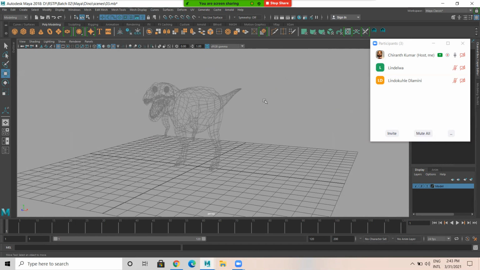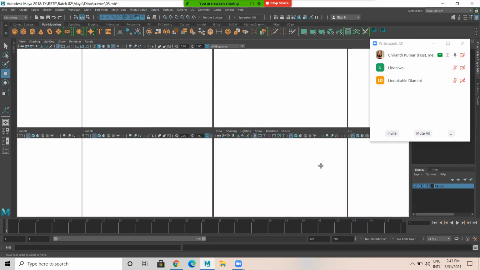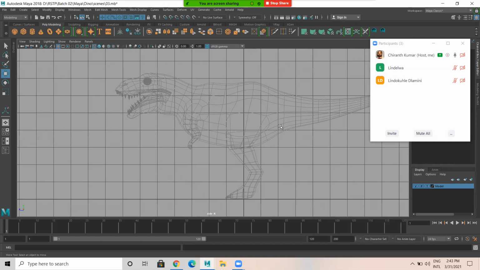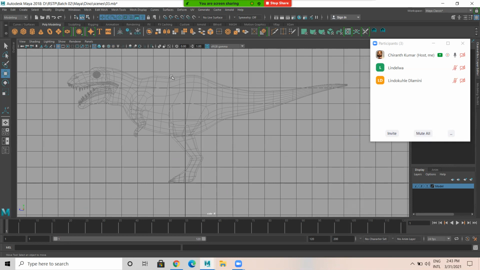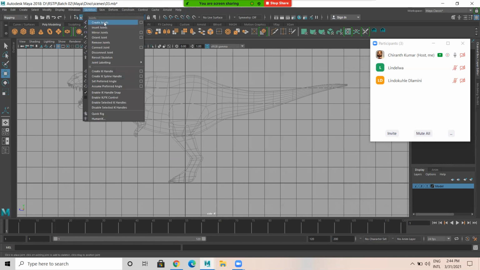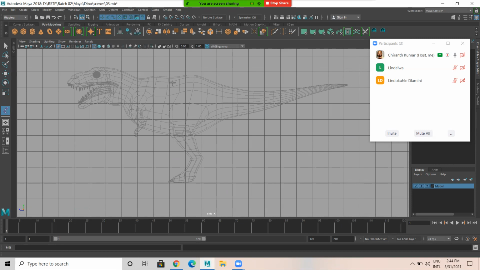Okay. So today we'll do only the rig setup, means joint setup. Only the joint setup, nothing else. After the joints, we will create the IK handle setup and all. But since this entire model's joints we have to do, I'll just explain how to create joints. Now go to Skeleton, Create Joints.